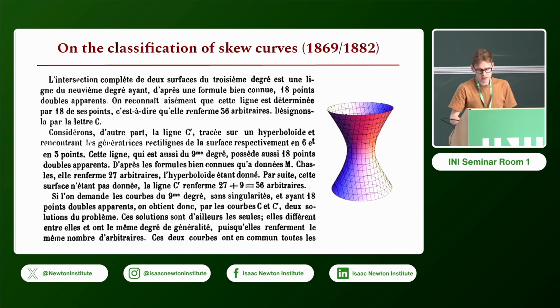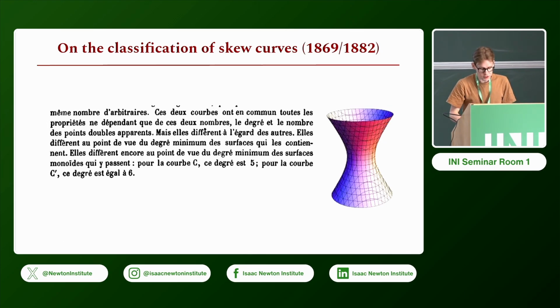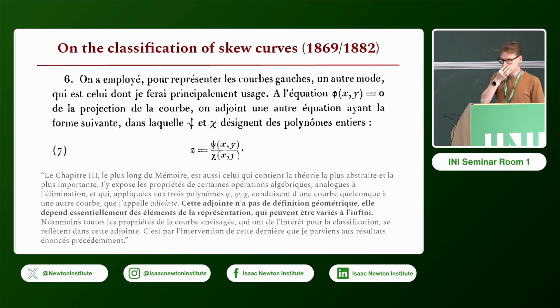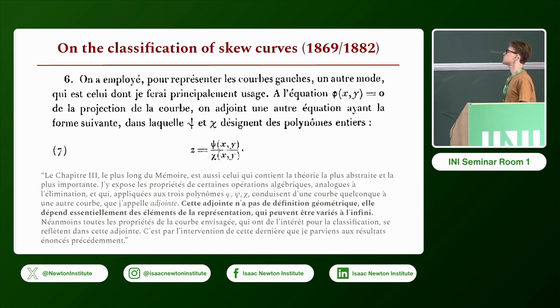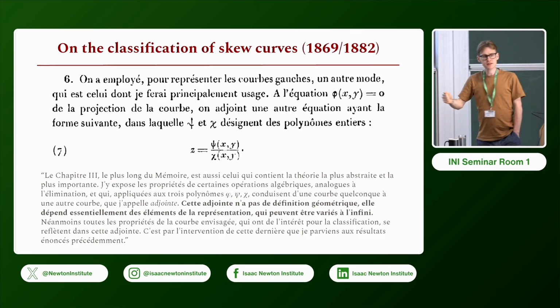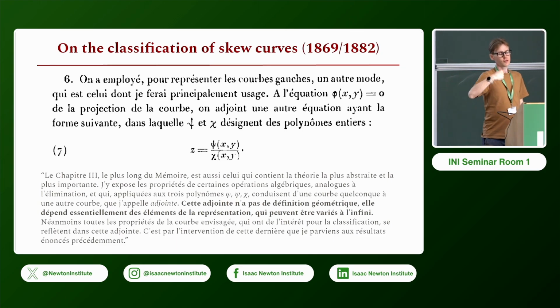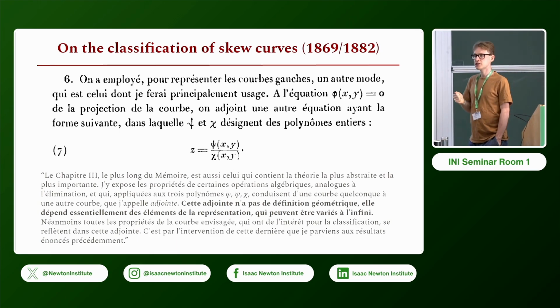And so he gives examples. This is very complicated geometry. I have no hope of explaining what little I understand of it to you in this amount of time, but we can look at it later on. And so how does he go? The point is not to just have this negative answer to say, well, there's no hope of classification. His strategy instead is to say, well, let's consider various analytic representations of those skew curves, and let's use them to figure out in which cases we can still provide classifications, albeit partial ones.